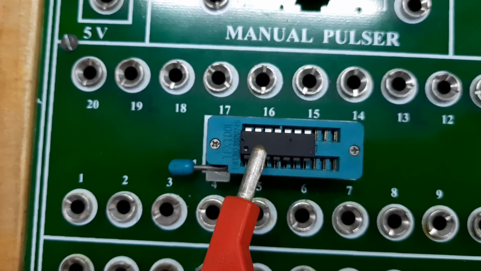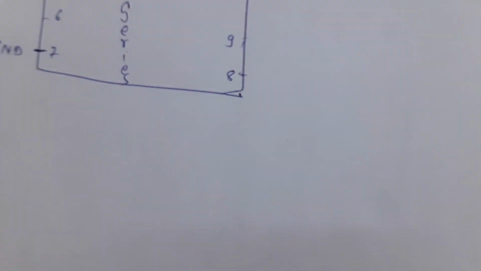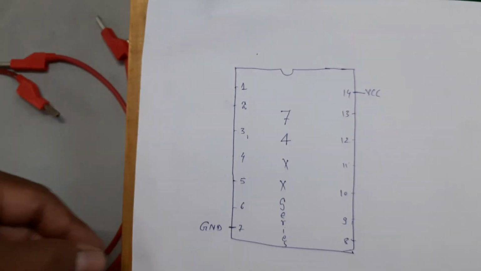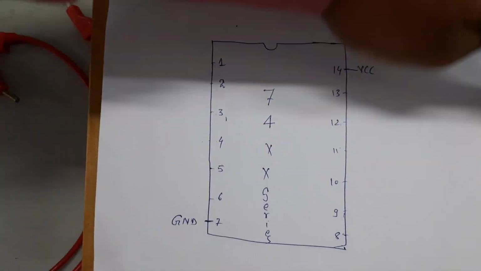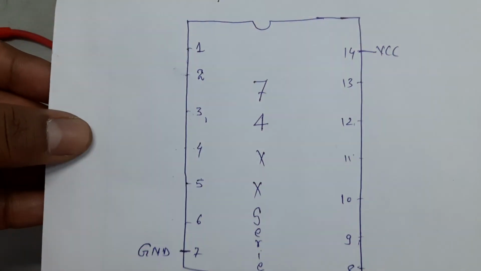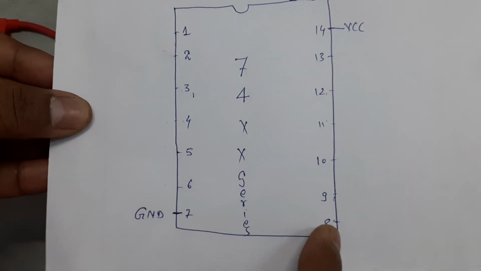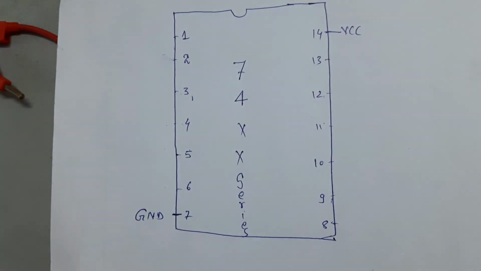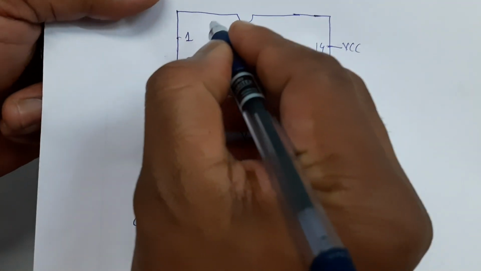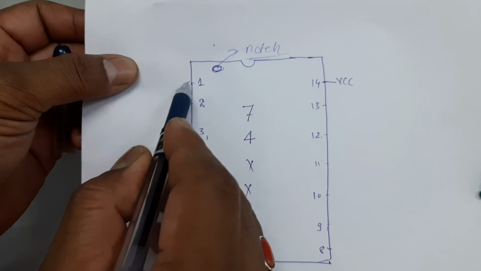Okay, for example, this is a NAND gate, right? So I have just drawn this for you. This is the simplified one of the IC, the one which you have seen here. So I just write it big-sized, right? So this is your IC, and this is the pin configuration: 1, 2, 3, 4, 5, 6, 7, then 8, 9, 10, 11, 12, 13, 14. And one thing I forgot to show here, this is a notch. Okay, so from this notch you start counting the pins.